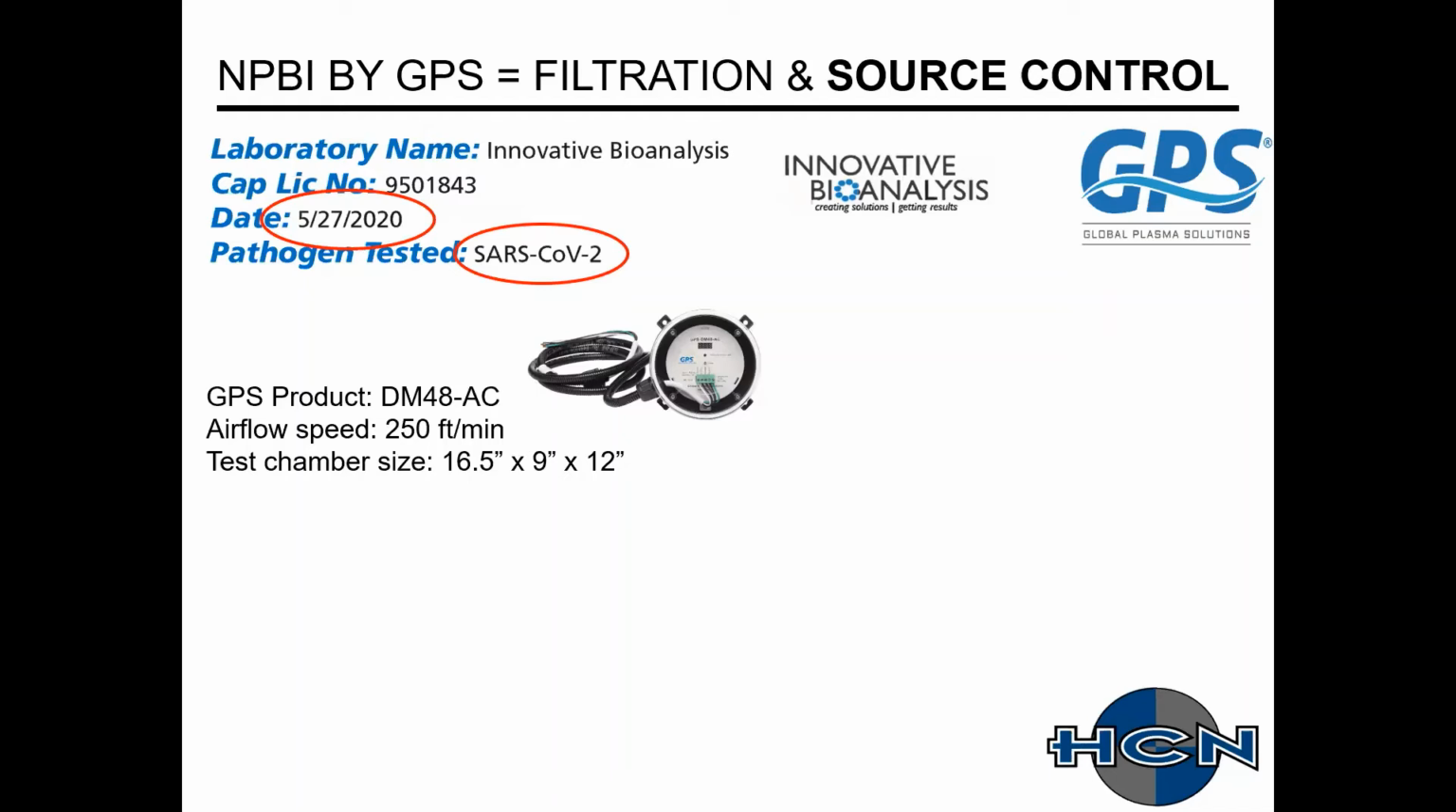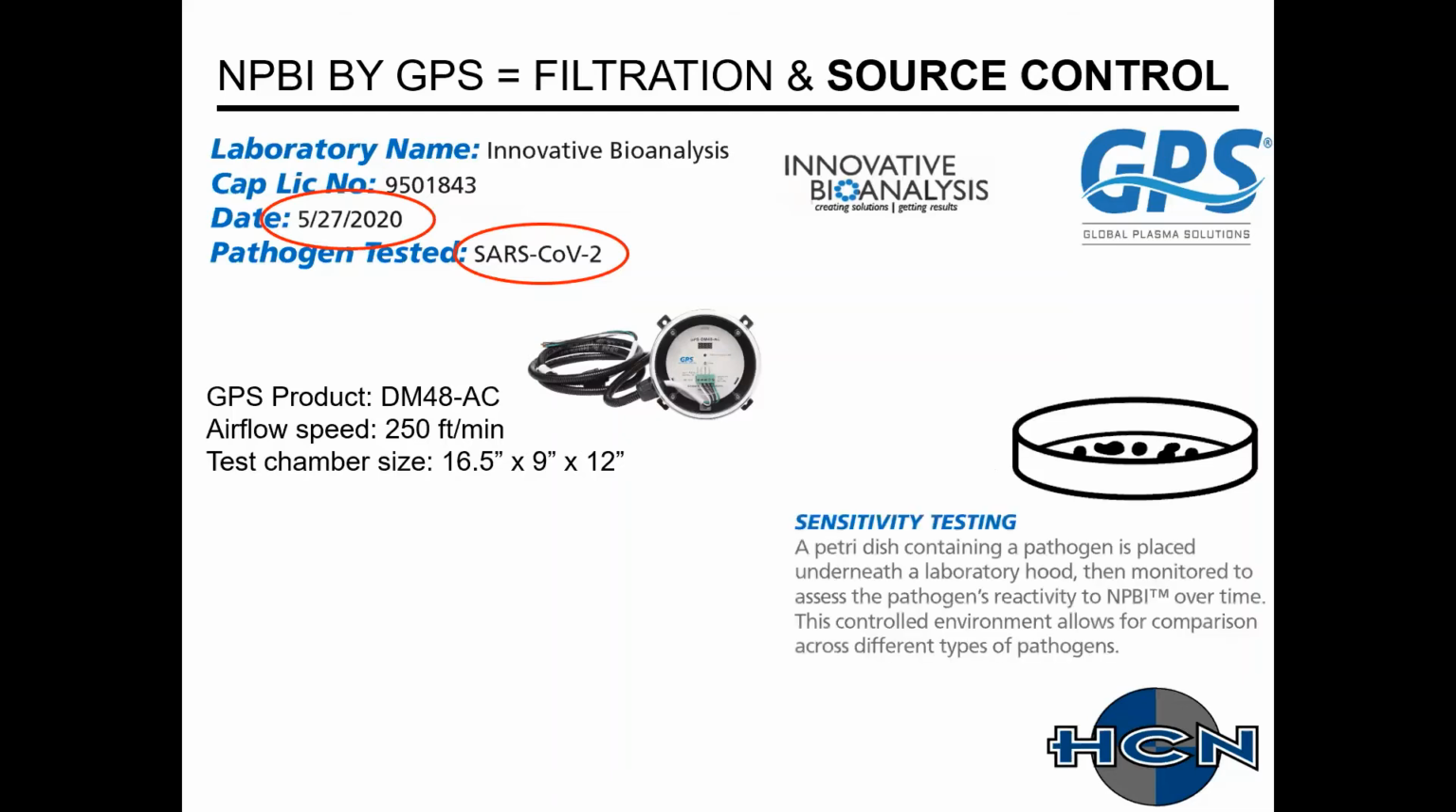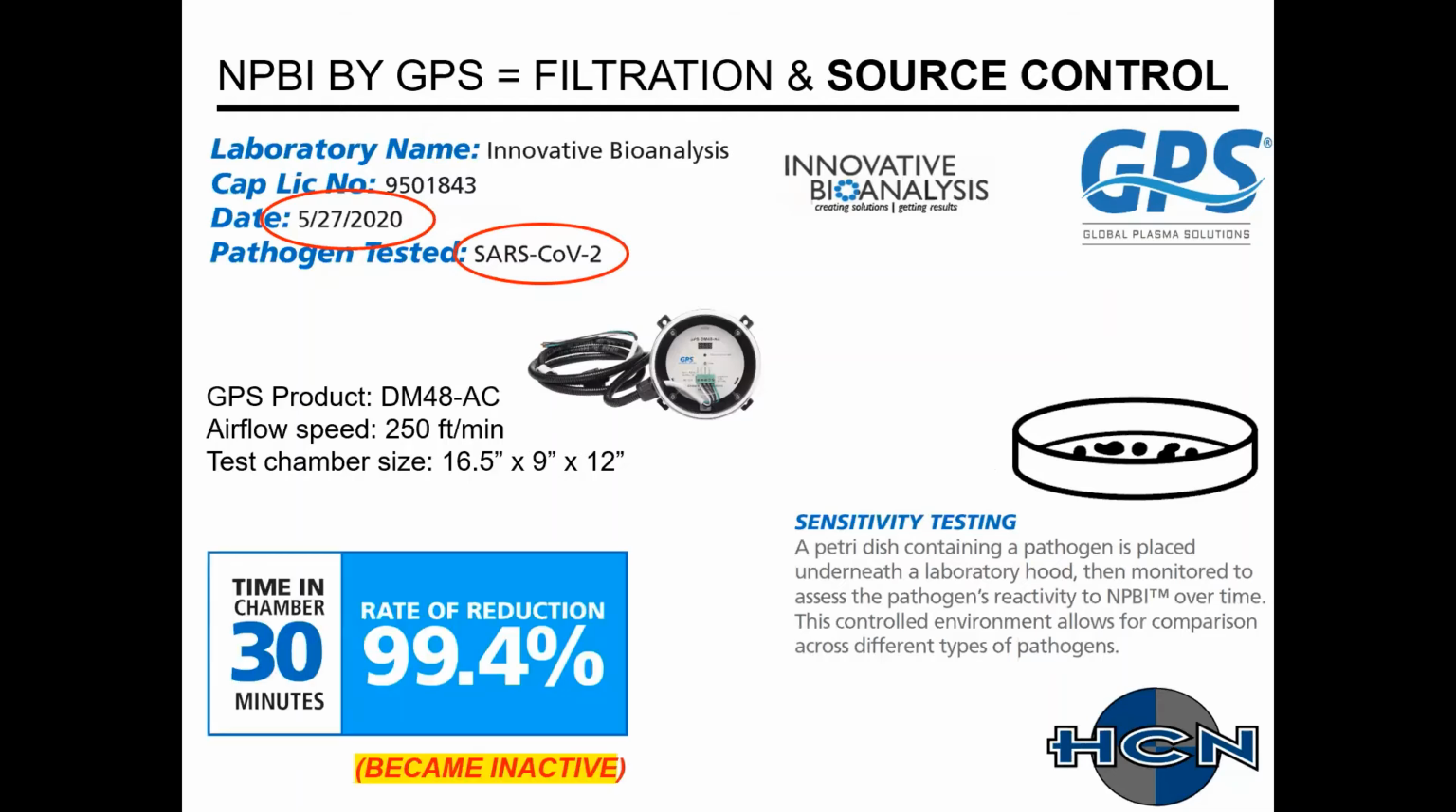with an airflow speed of 250 feet per minute. That's the size of the chest chamber. And then the test that they performed was called a Petri dish sensitivity test, where they basically put the virus in a pathogen. And then the results that they achieved, over 30 minutes, was a kill rate or inactivation reduction where they killed over 99% of the viruses in that little Petri